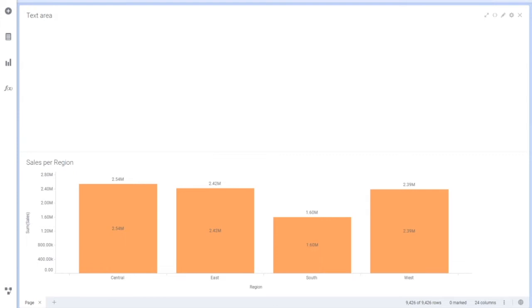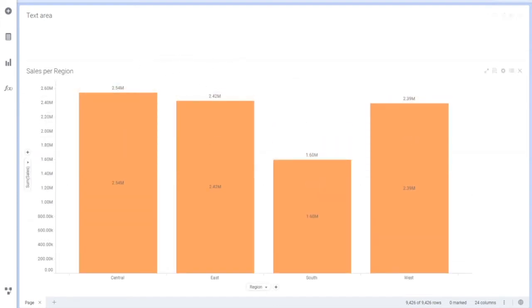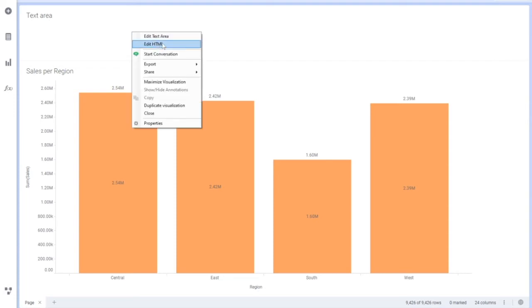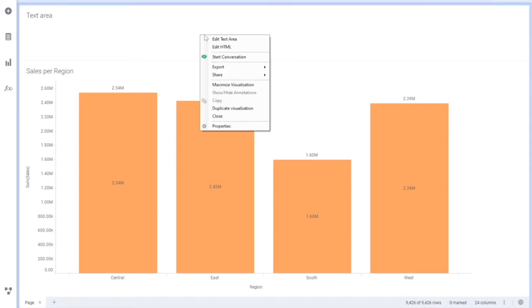I want to keep it on the top so that it will be easy for me to create everything and show you here. So here the text area is created. So I'll just say right click, edit text area, or I'll just use this option here. So this one here. So edit text area, it's your choice. Text area is the place where we can do a lot of things like HTML, JavaScript, everything we can do here. So this is a very useful and very advanced place where we can do all kinds of scripting.